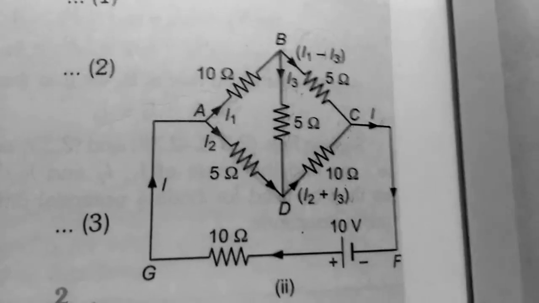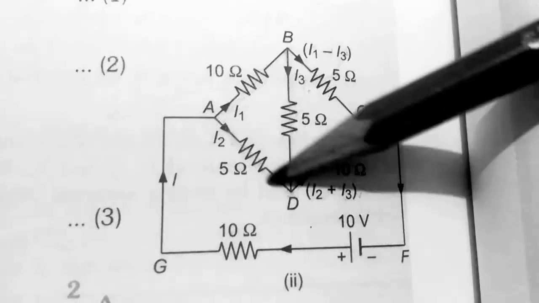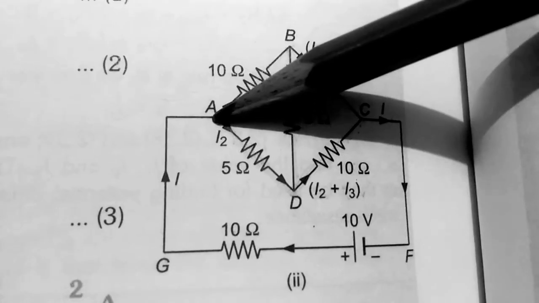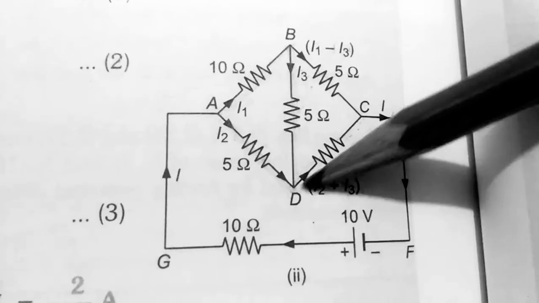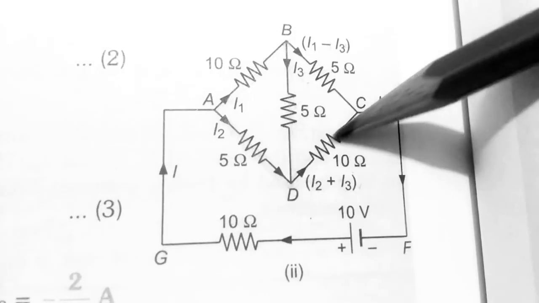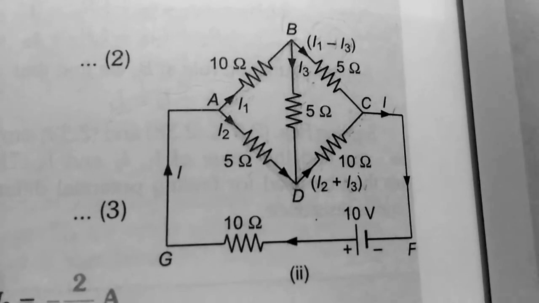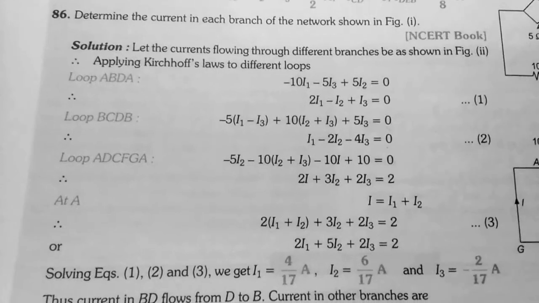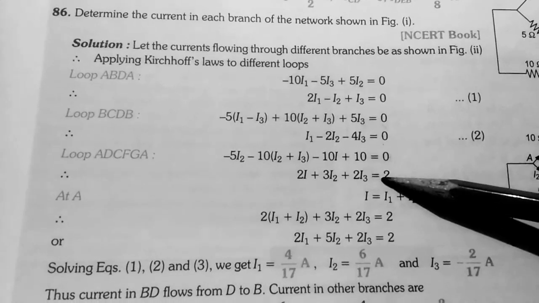Then at last, we will discuss this loop A, D, C, F, G, A. Okay, first we talked about this loop, then we discussed this loop, and now the last and the bigger one, this one. So now we are talking about this loop. By following the same sign convention for this loop, we have the equation. Here you can see this is the equation for the third loop. By solving this, we get this one.